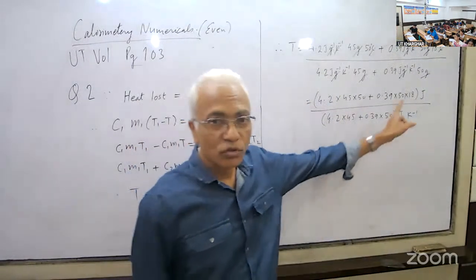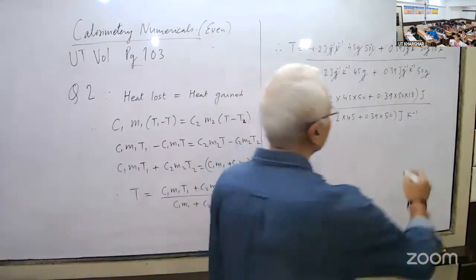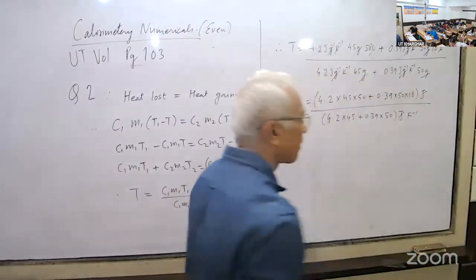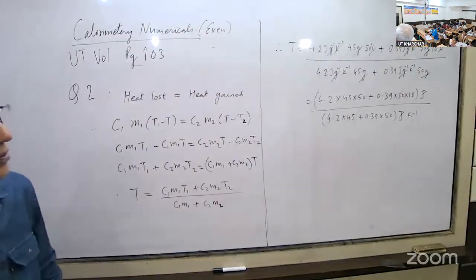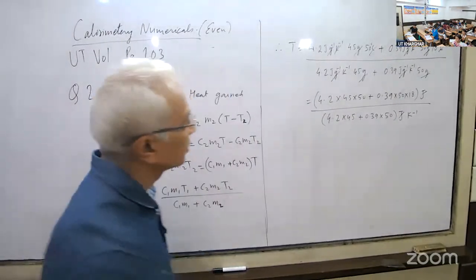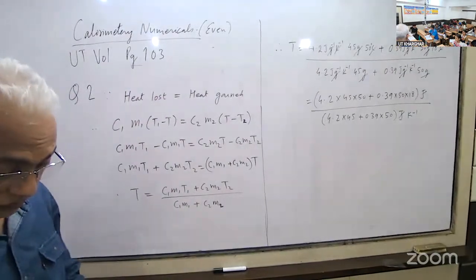So finally joule and joule will get cancelled, and what you'll get is Kelvin. So this also will get cancelled. So find out how much this is. So this is 42 into